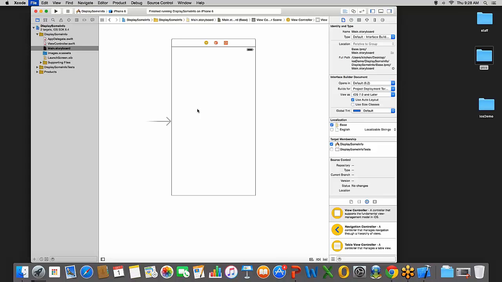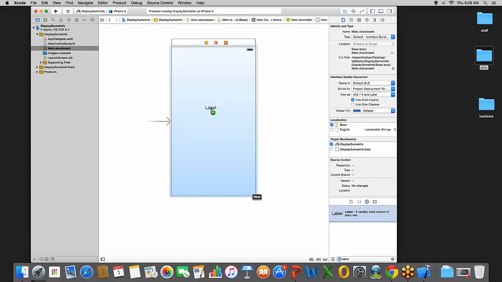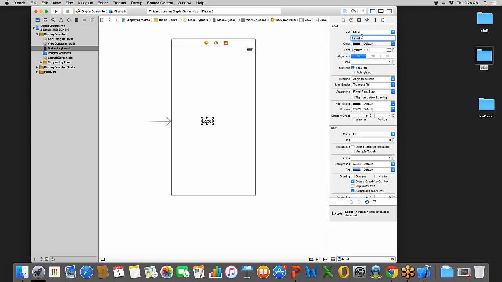And on the bottom right-hand corner, I'm going to look for a label, and I'm going to drag and drop the label right over here. I'm going to go to my attributes inspector and change this to Some Info, just like that. I'm going to make this a little bit bigger,